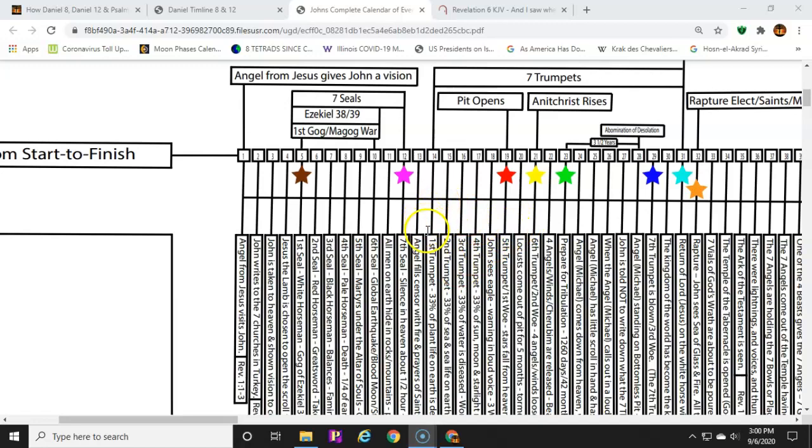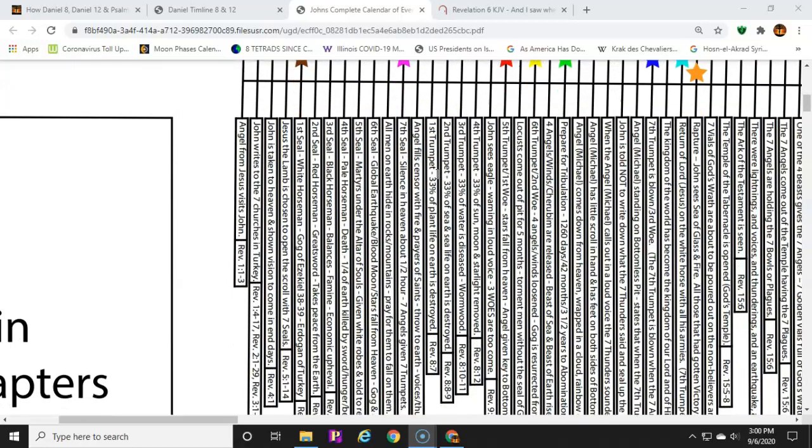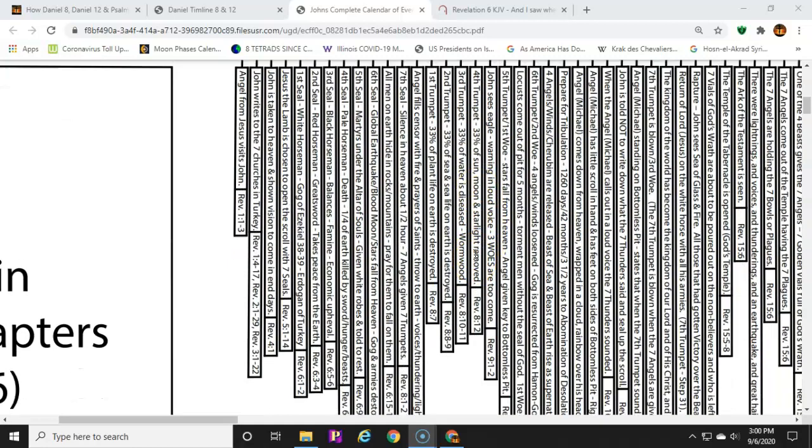And so what happens once that seventh seal breaks and the 7 trumpets are handed out, we start to see major devastation on the planet. A third of the plant life of the earth is destroyed. The second trumpet, a third of the sea and the sea life on earth is destroyed. The third trumpet, a third of the water is diseased, and we see wormwood, which is an asteroid, come down and poison the waters. And then the fourth trumpet, a third of the sun, moon, starlight are removed.